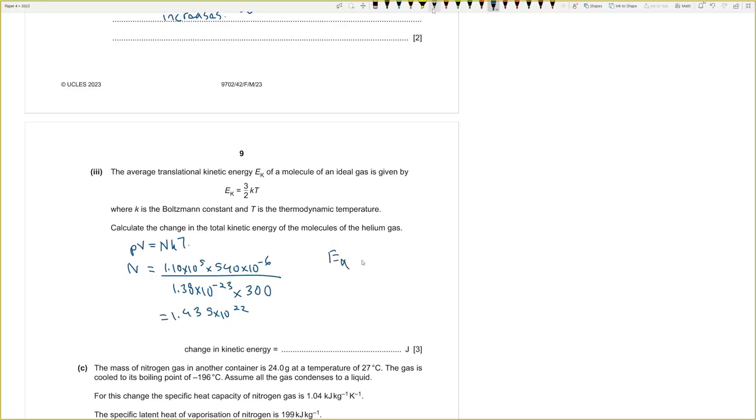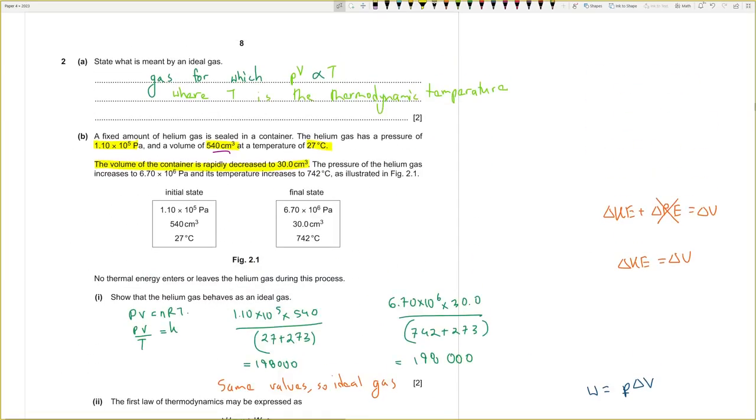So what is the change in kinetic energy? If you think about the whole thing, it is 1.38 times 10 to the power minus 23 times the temperature 300 Kelvin times the number of particles, 1.435 times 10 to the power 22, times 1.5. This gives you a value of 89.1. So since our data is given to a minimum of